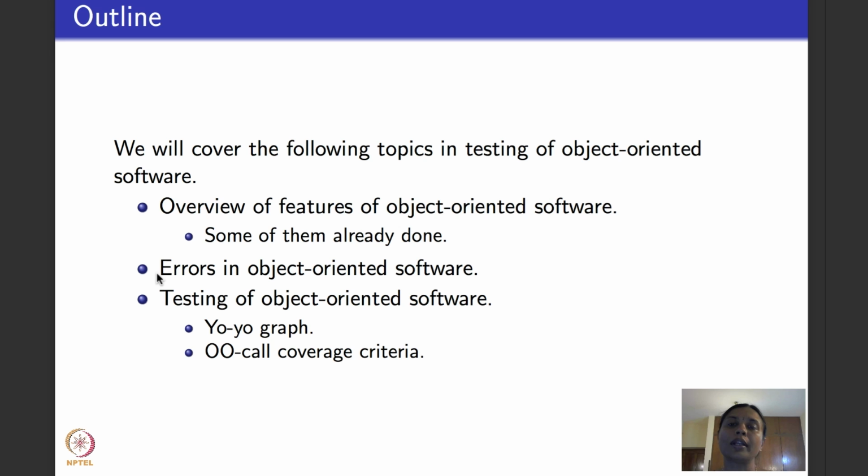So what is the outline that we are going to cover in the next few lectures? We will cover the following topics. I will begin by giving an overview of features of object-oriented software. If you remember, when we did mutation testing, I had already given you several features of object-oriented software. If you've missed that, I urge you to go back and look at those lectures because I will not be recapping them in these lectures. Following which, we'll discuss errors or anomalies that arise specific to features of object-oriented software,